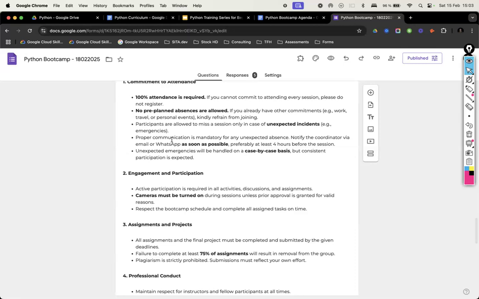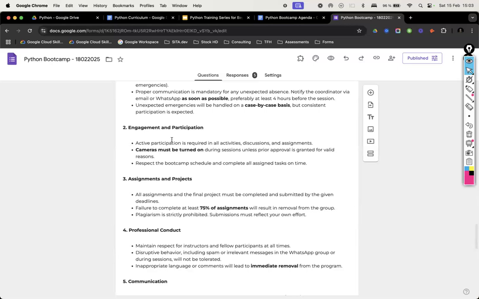We create a WhatsApp group, you can inform them in the group and then take permission. That is fine. Okay. But without informing, if you are absent, then that will be your last day. We don't have any discussions with you because we don't have time for that. We don't enter into any discussions or explanations. So if you didn't inform and didn't join, that's it. That will be the last day.